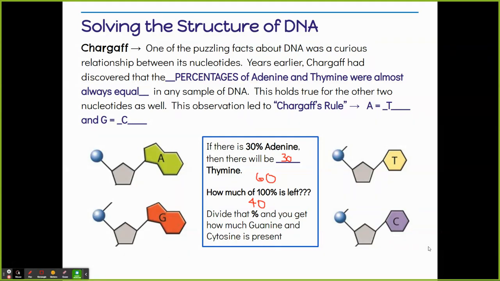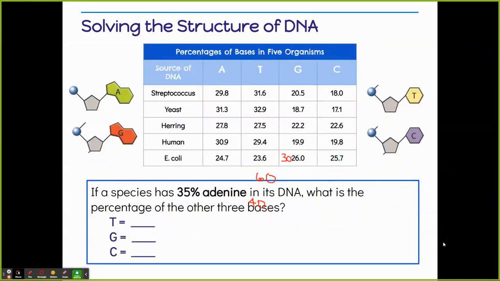All right, ladies and gentlemen, let's try it again. Let me clear my board. This is somewhat similar to what we'll be doing today. So again, this is actual data from Chargaff's experiment. You have to understand that any time we do an experiment, nothing's ever going to be perfect, because there might be some left in the test tube or whatever. But you can see from Streptococcus, this is a bacteria,